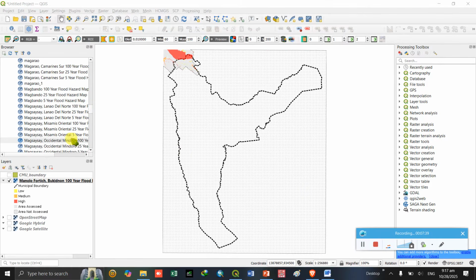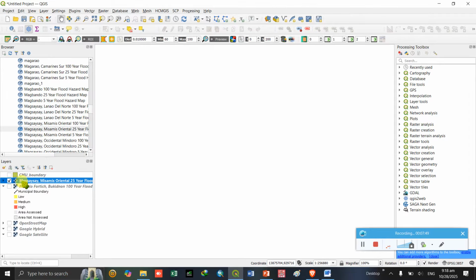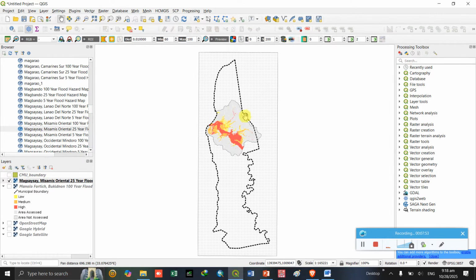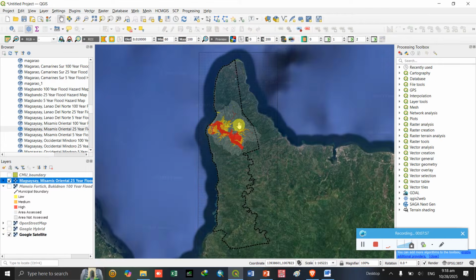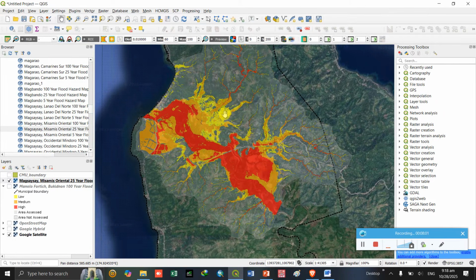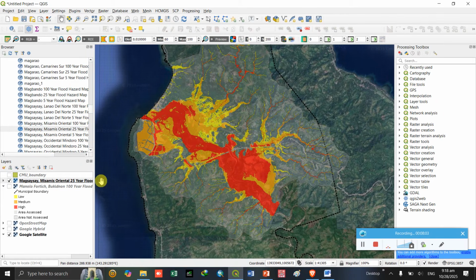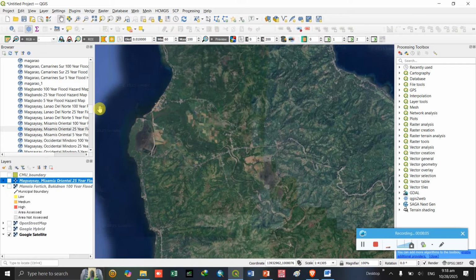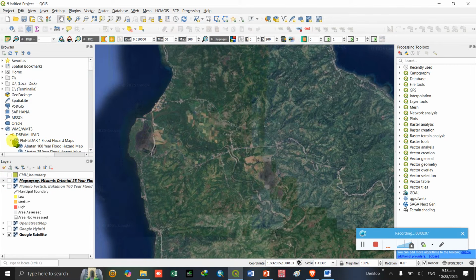So this is the sample for Manolo voltage, and then we will try with Magsaysay. Okay, so this is the Magsaysay. If we open the Google Satellite, this is the flood map of Magsaysay in 25 years. Aside from that, this is the Dreamlipad.